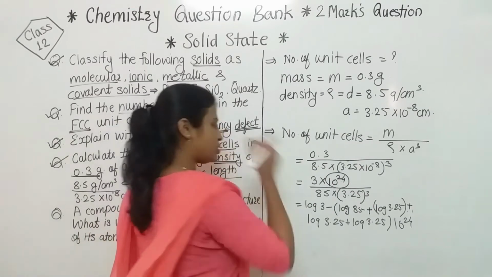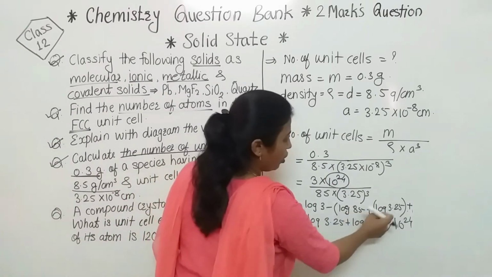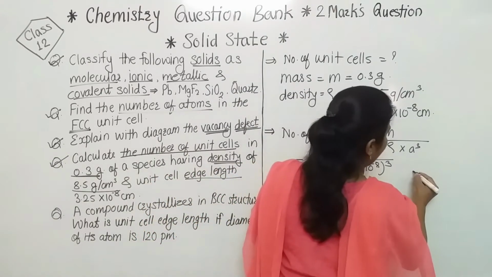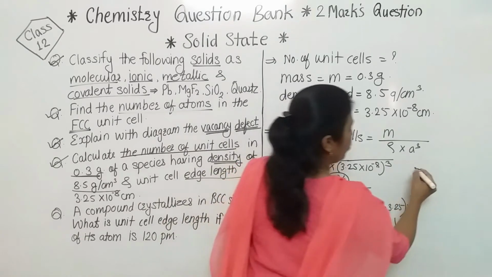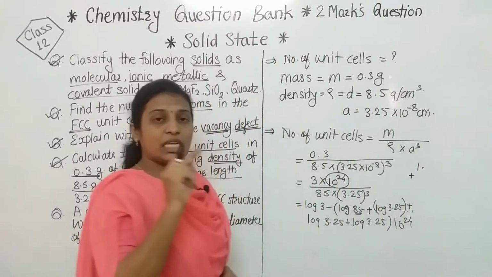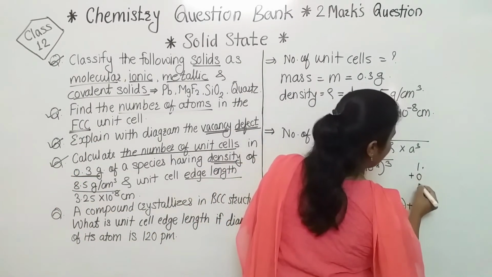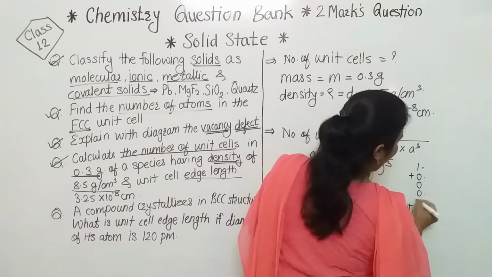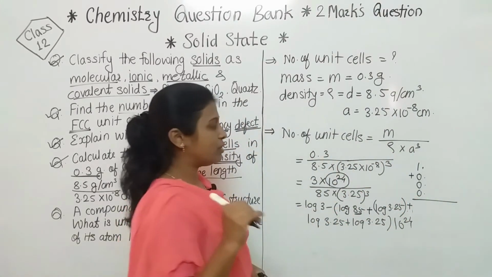So this series is what we have to calculate. Firstly we will take the log of all these digits and then take the sum. Now see, for 85 the characteristic will be 1, so 1 point something. Then for 3.25 the characteristic will be 0, and I am writing it here 3 times because 3.25 is cubed, that's why we are taking it 3 times.